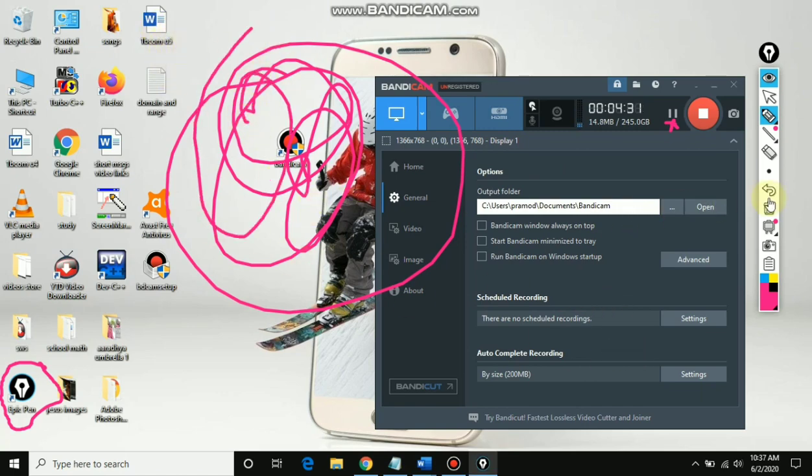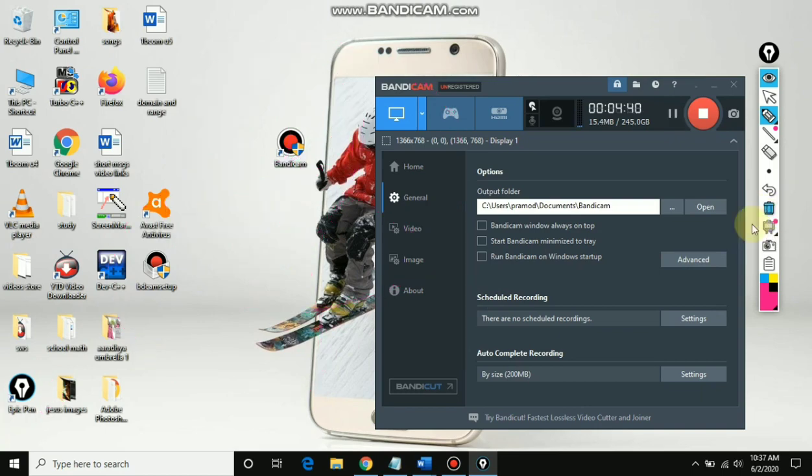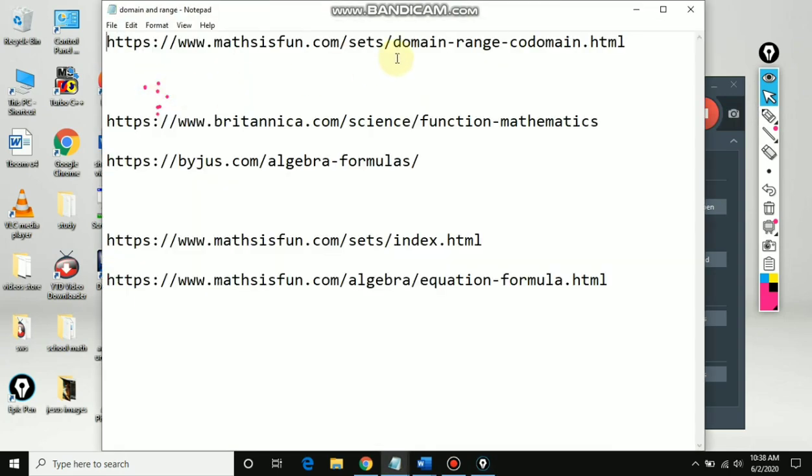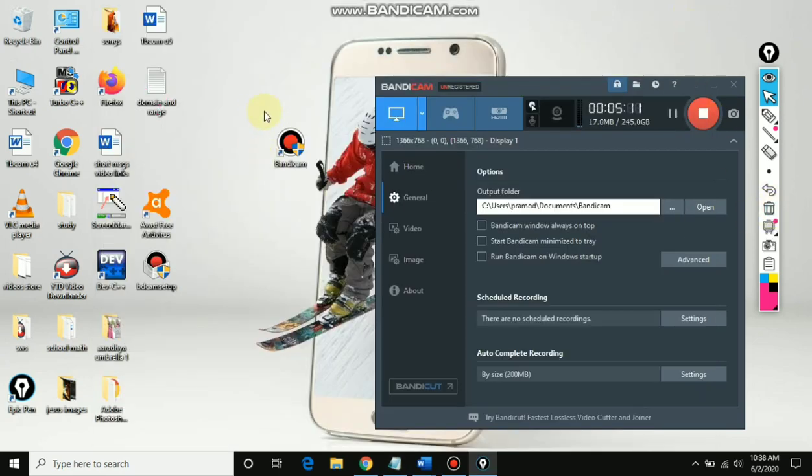To erase this, we have an eraser, and to erase the complete whole thing, we have a clear screen, that is a trash icon. See here, trash icon, just click over here, everything gets erased. Then see here, if I double click there, you won't get the document to open. Why? Because it is on pen mode. Then how to open this document? Again go to the mouse option here. See here, we have the mouse option, cursor option. Go to the mouse option and double click on the document or whatever you want. So clear, and delete here.